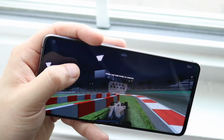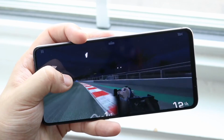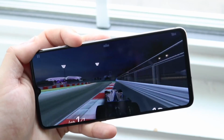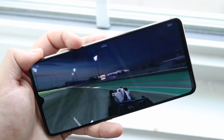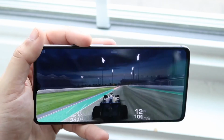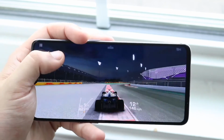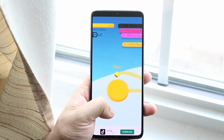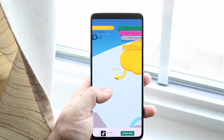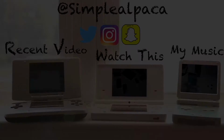But even taking it a step up beyond that, if you're doing some really extreme work, some really extreme, graphically intensive stuff, if you're doing extreme gaming, editing a ton of videos and those types of things, you're going to have a good experience too. Now, if you're trying to multitask between a ton of different things, you may run into a little bit of a problem. But I think beyond that, the performance of the OnePlus 7T in 2021 is still solid. You're still going to have a really good experience with it. And I think that in and of itself gets a thumbs up for me for sure. So to kind of